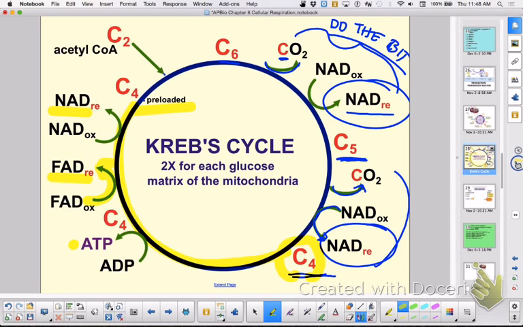Then you take some ATP and some reduced NADP to the dark reaction, or the Calvin cycle, or the light-independent reaction. 3C5 plus 3C1 makes 3C6. Break down to 6C3. Use some ATP. Use some reduced NADP on your 6C3. Take 1 away, PGAL or G3P, and you're left with